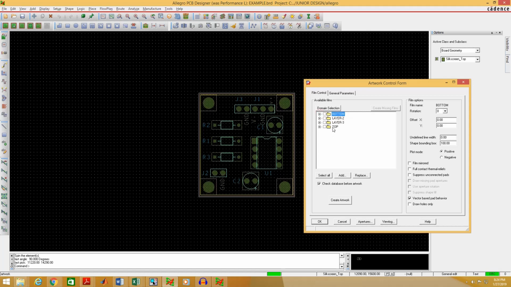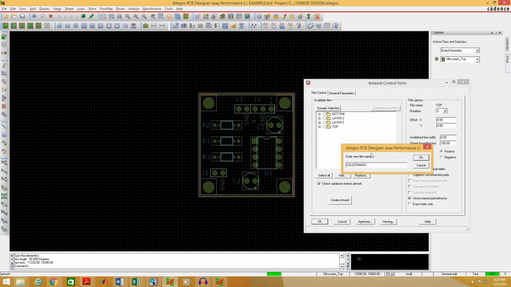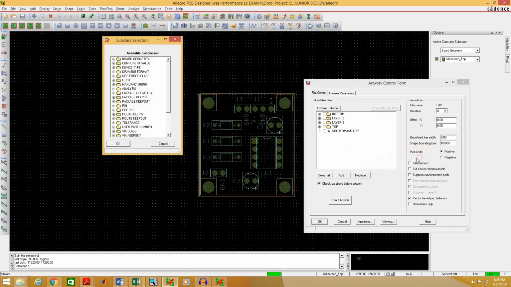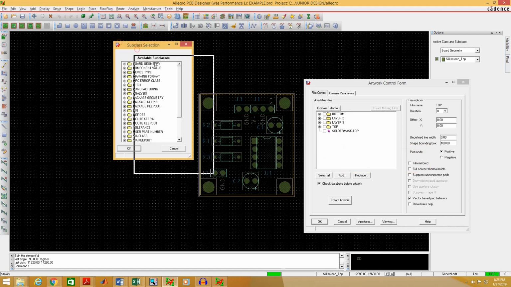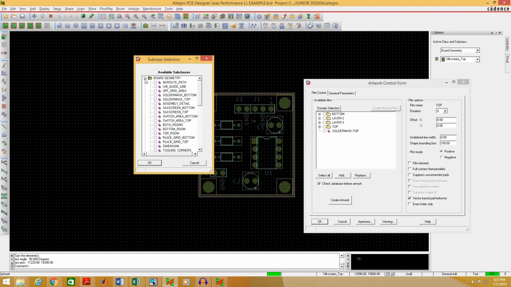We have to add some more folders for silk screen top, solder mask and outline. To do that, right click on any of these folders, select add manual, type solder mask top, select OK. Here in this window we have to select the solder mask from board geometry,